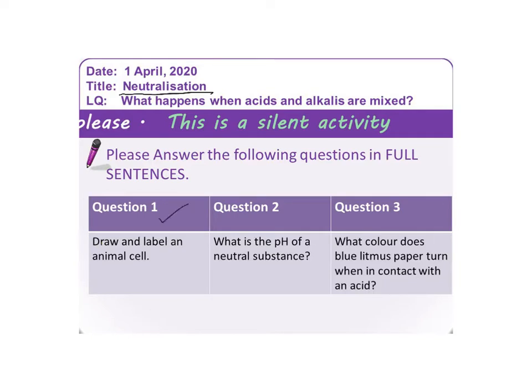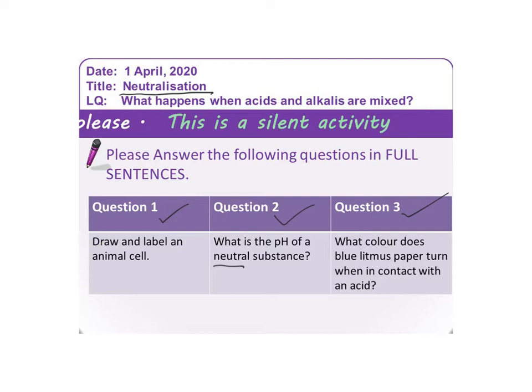Question 1, draw and label an animal cell. Question 2, what is the pH of a neutral substance? And question 3, what colour does blue litmus paper turn when it comes into contact with an acid? Please can you make sure that you answer these questions in full sentences. Draw your diagrams as you've been taught using a pencil and a ruler. What I want you to do is give yourself 5 minutes, stop the video now and come back once you've